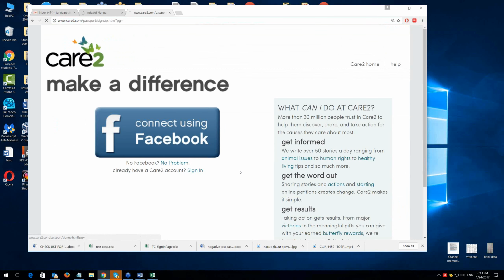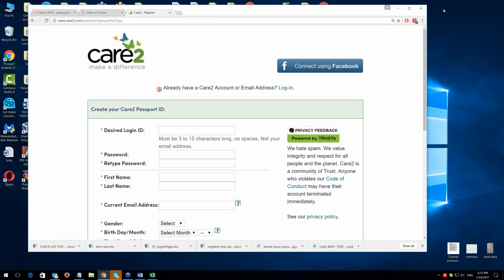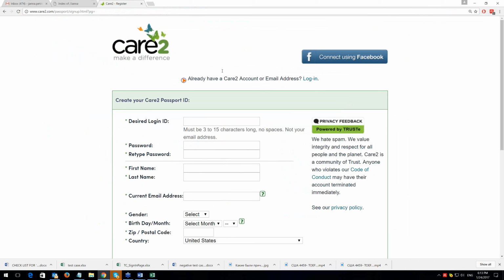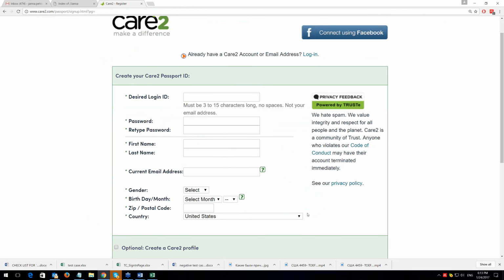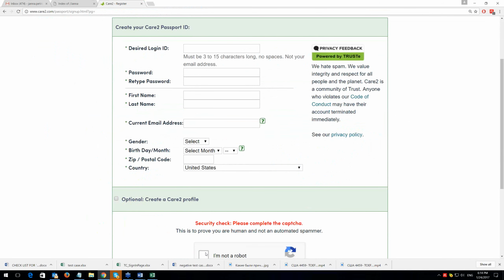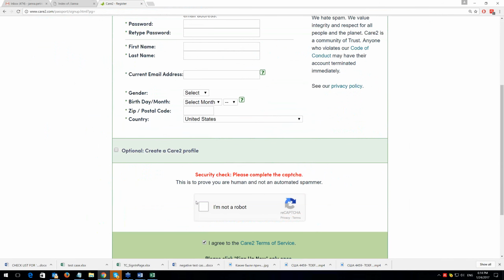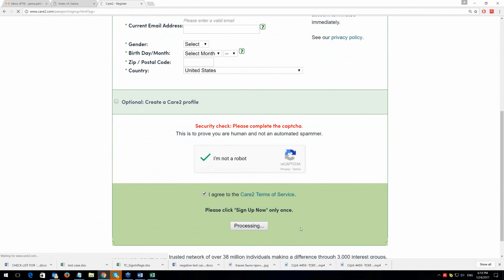The test cases that we just discussed are related to functionality on this page where we want to create your passport ID or Kerto account. See what happens as soon as you select this I'm not a robot and sign up.